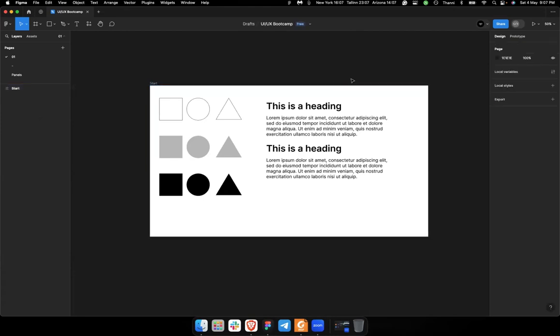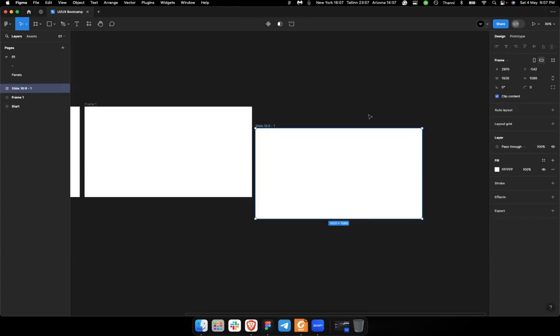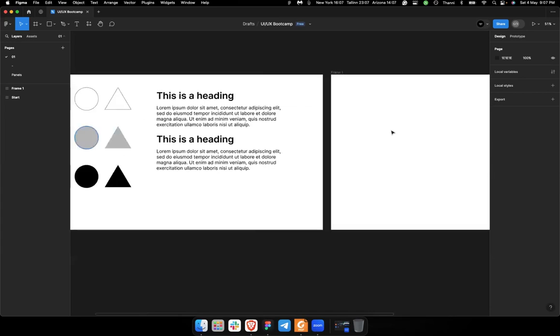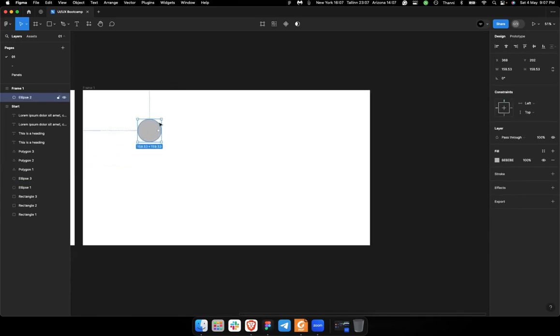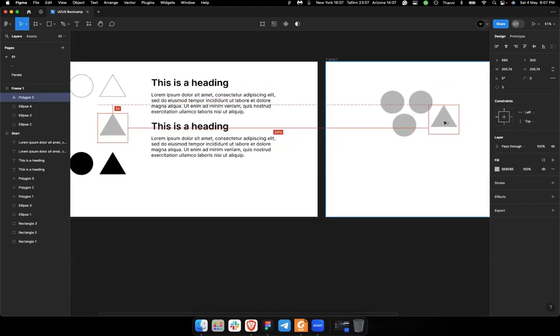Let me create a new frame. You can either create a frame by dragging your mouse, or when you click on this frame here, you can come to these different frames. You have this one for phone, for tablet, for desktop, for presentation. Because I'm presenting, I need something that is big enough for me to use, so let's just use a frame. Let me take this particular circle here and bring it here, and let me make duplicates. If I bring a rectangle there,